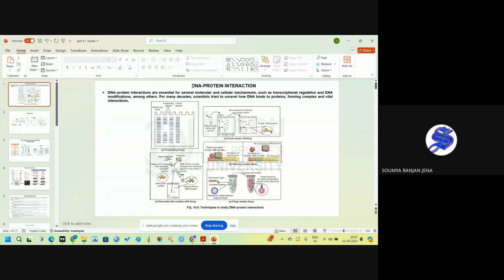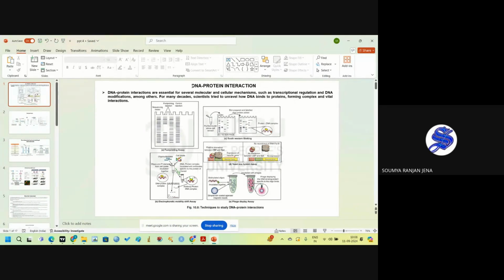Replication, and DNA modification, among others. Because during the transcription process, all the transcription factors are proteinaceous in nature. The transcription factor binds to the DNA, then the mRNA will be synthesized. You also have to know how the DNA and the protein or transcription factors are interacting